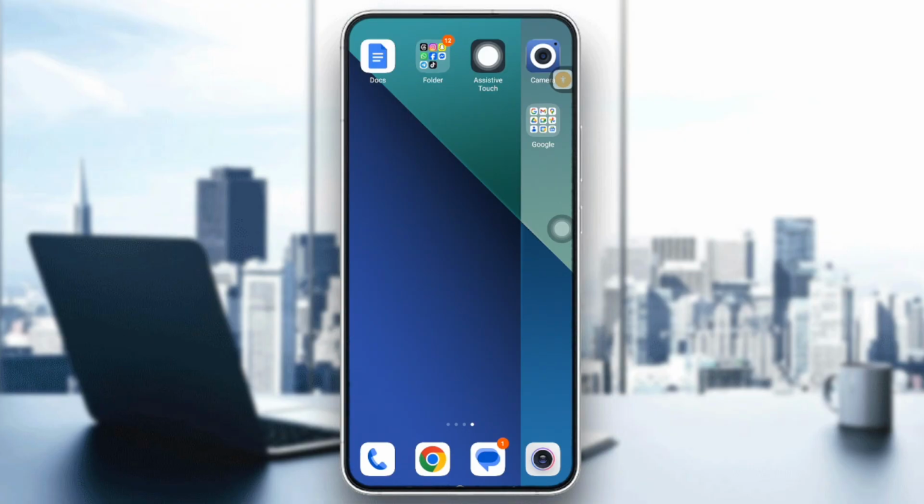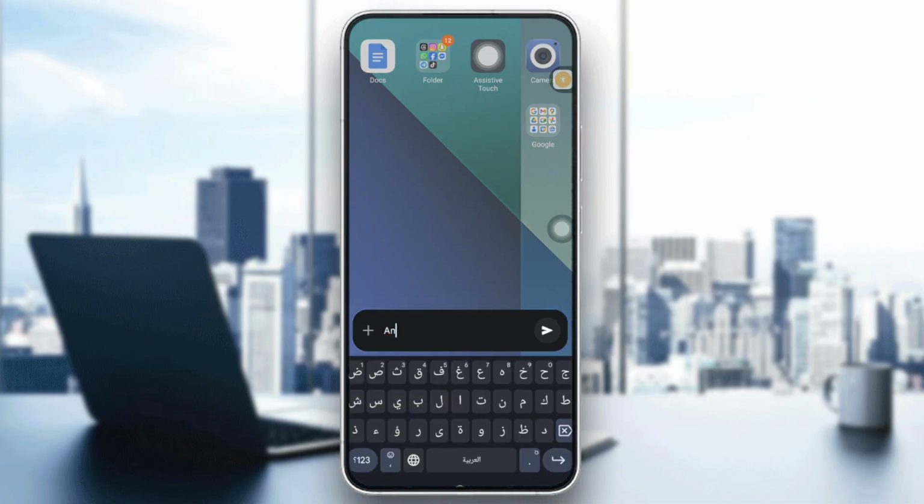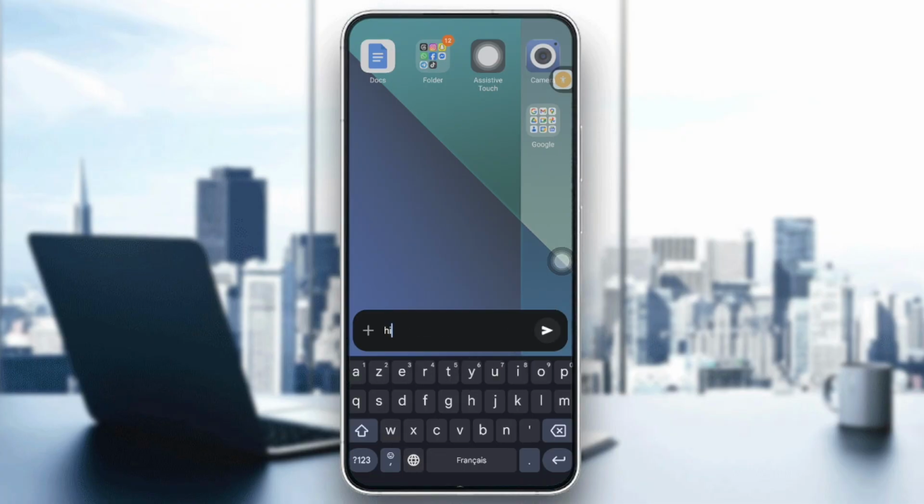So what I want you to do is tap and hold the middle button at the bottom of your phone. Hold it, and here you can ask your assistant to send a message for you in Google Messages to someone that you want to send the message to. And as you can see, you can send it by using the voice or just by typing. So let's say hi, for example,